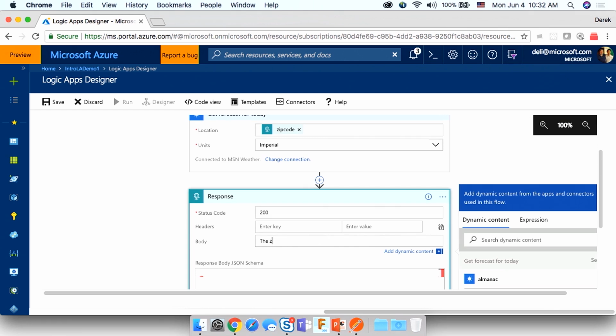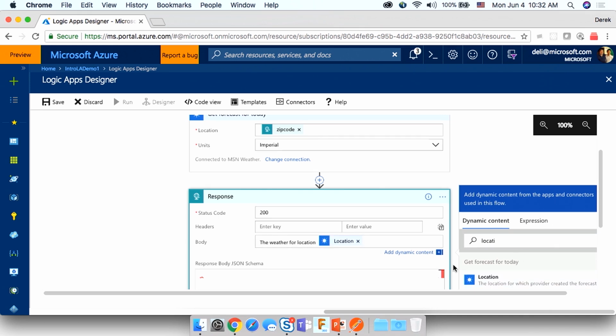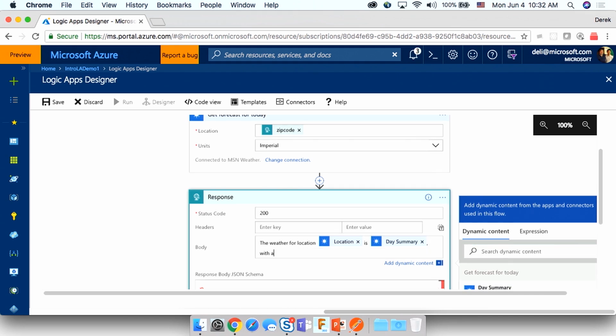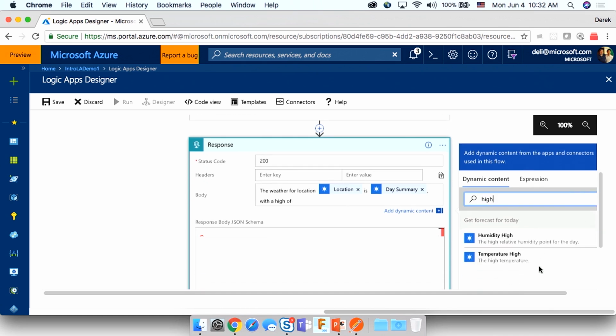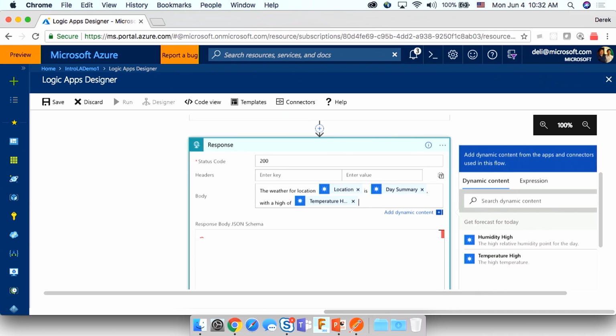So let's say something like, the weather for location is day summary, with a high of, we're going to choose the temperature high, and a low of temperature low.